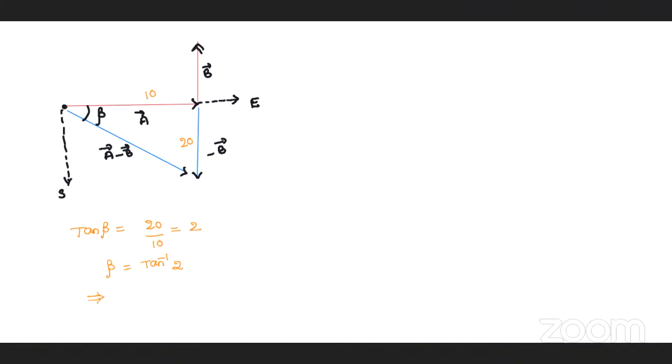It lies in between south and east, making an angle tan inverse 2, so tan inverse 2 with the south of east. Now is it clear? Addition and subtraction, check there, tan inverse 2 is the same angle, but we got there,